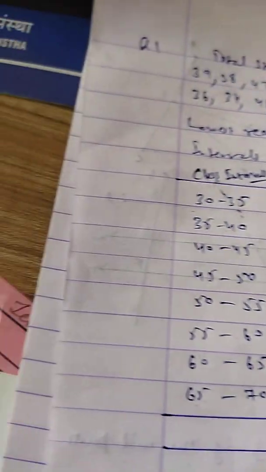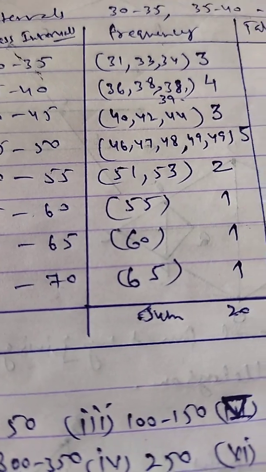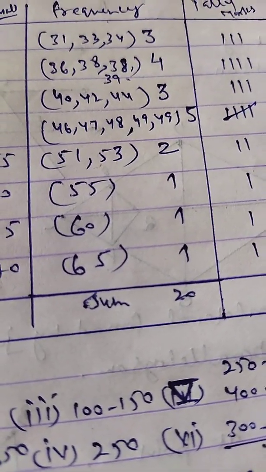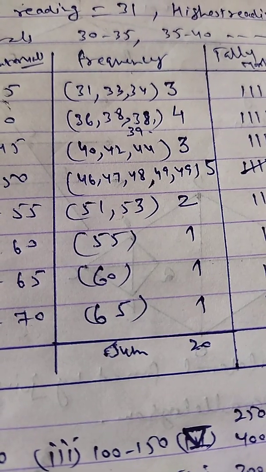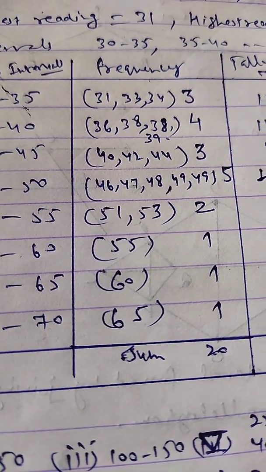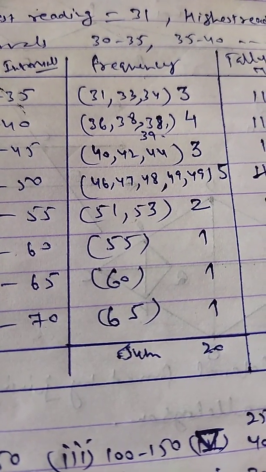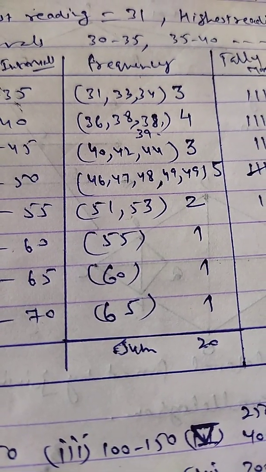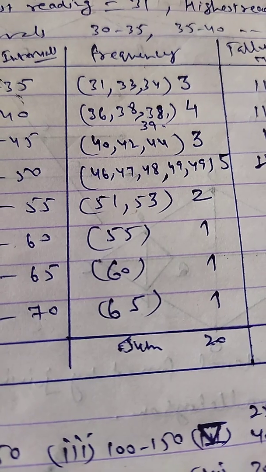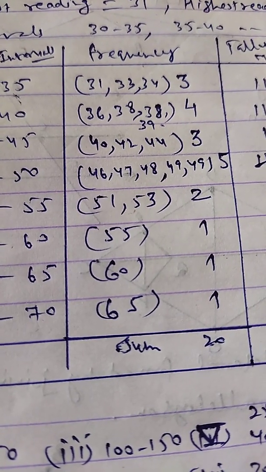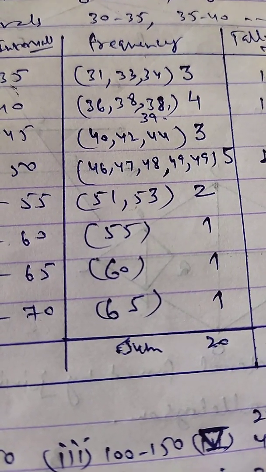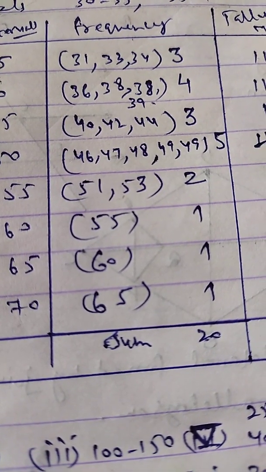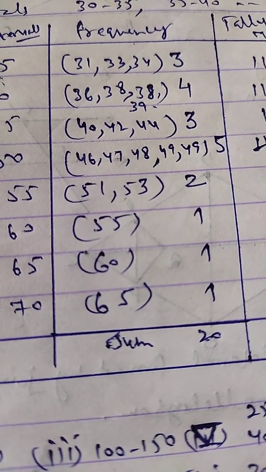So that's all about your question number 1. If you go to your question number 2: study the following frequency distribution table and answer the questions. You can go through your textbook, which gives the frequency distribution of daily income of 550 workers of a factory. The class intervals of daily income in rupees start at 100 to 150 and finish at 500 to 550. Then the frequencies are given, 20 to 45.